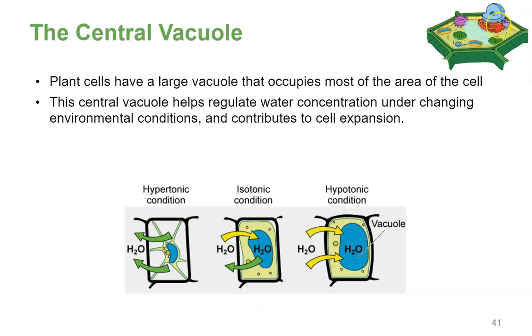Plant cells also have a central vacuole, which usually houses water, and that water can provide some turgor pressure for the plant cell itself. So if that vacuole dries up, maybe you haven't watered your plant for a while, it starts to wilt. What's actually happening on the cellular level is that the cell membrane is pulling away from the cell wall. So once you water your plant, it will cause that vacuole to expand, and that pushes the cell membrane closer